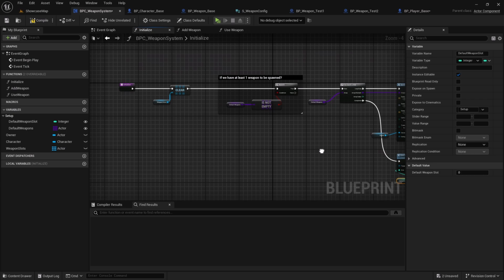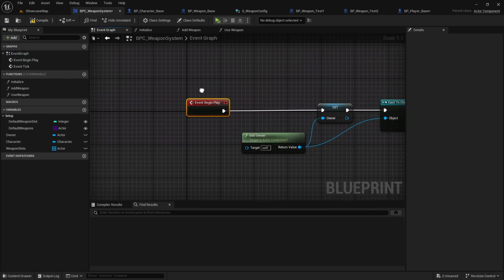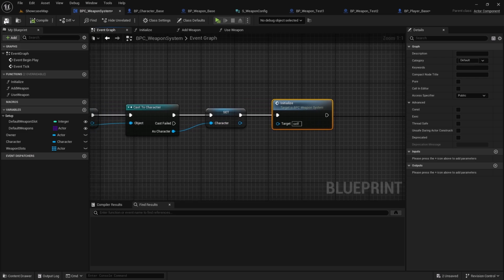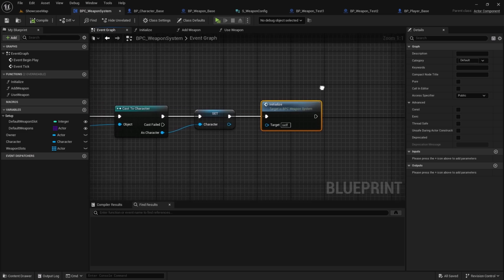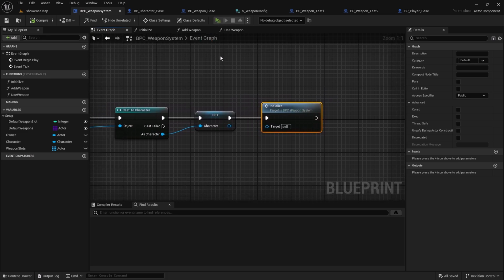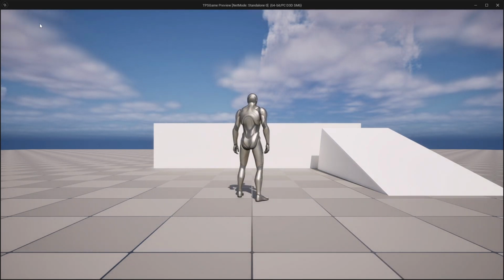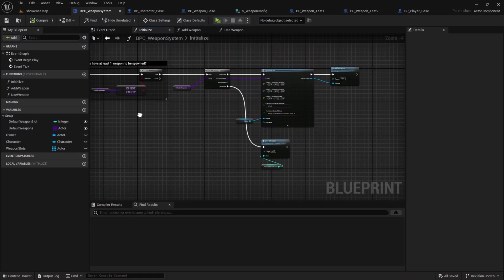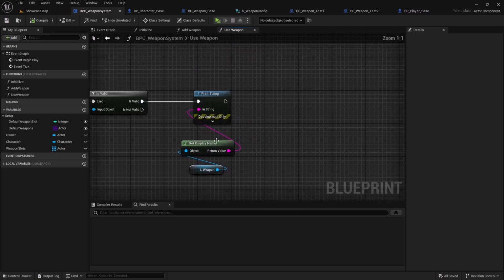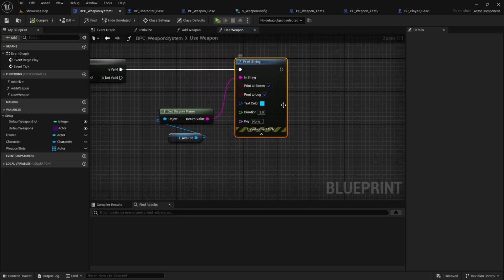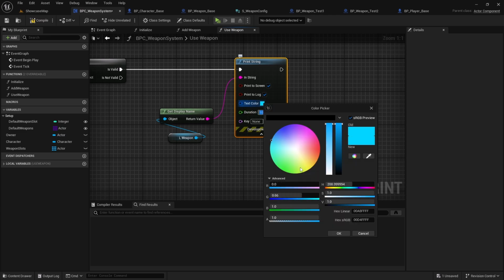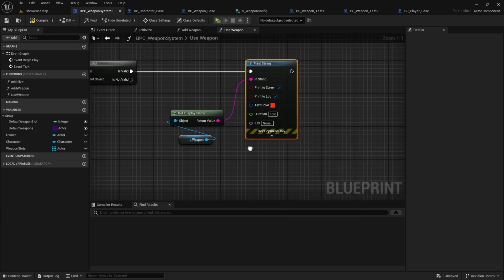Okay. And make sure at the begin play you have called this function as well. Compile and save all. And let's play now. You can see it prints test2 weapon. Since this is too quick, maybe I can increase the duration to 10 maybe, and I'll add a red color,